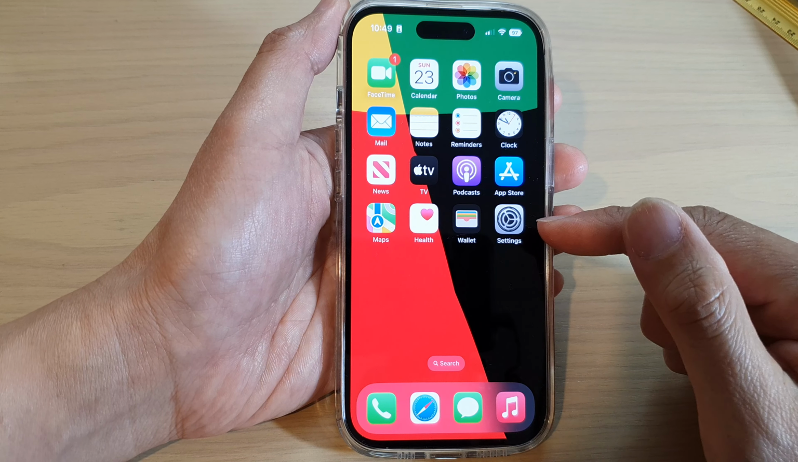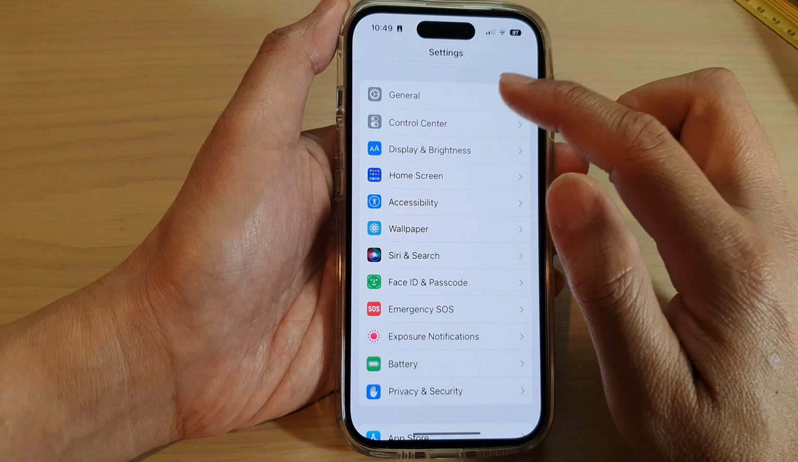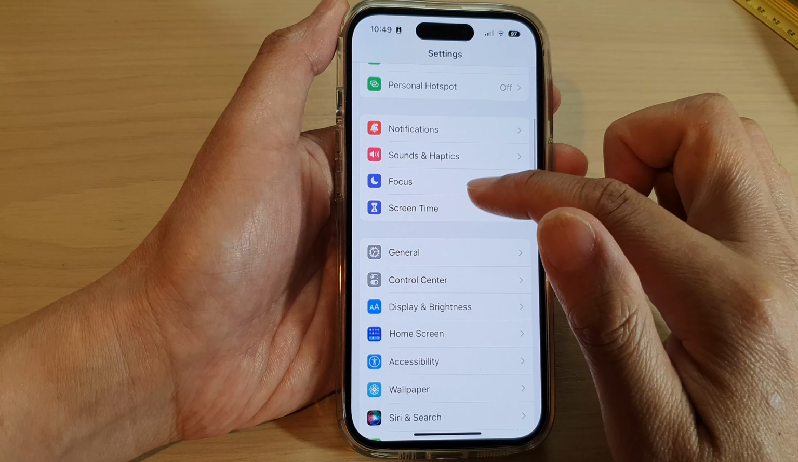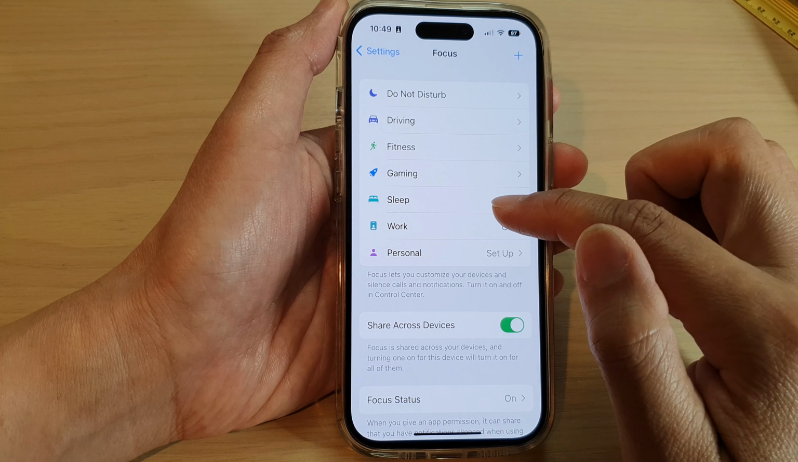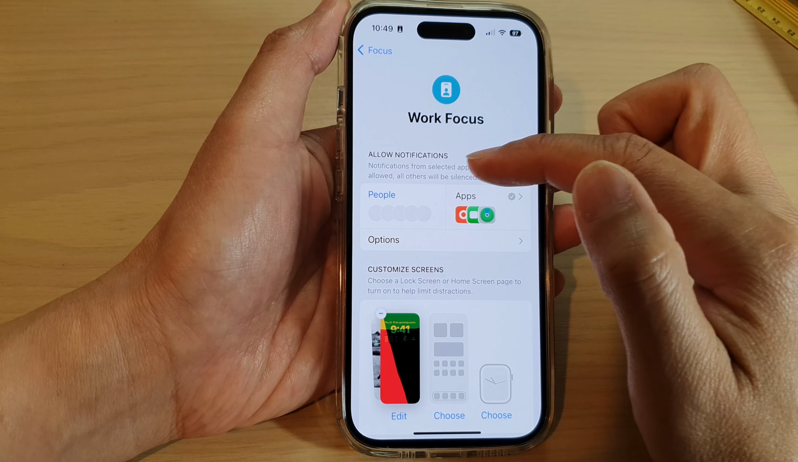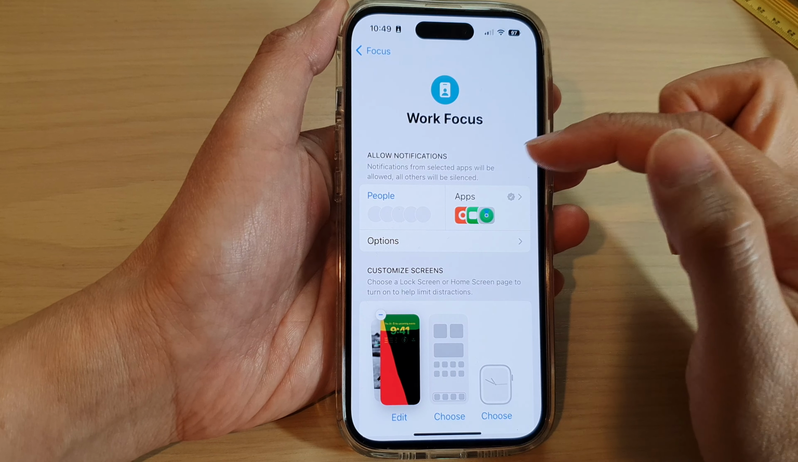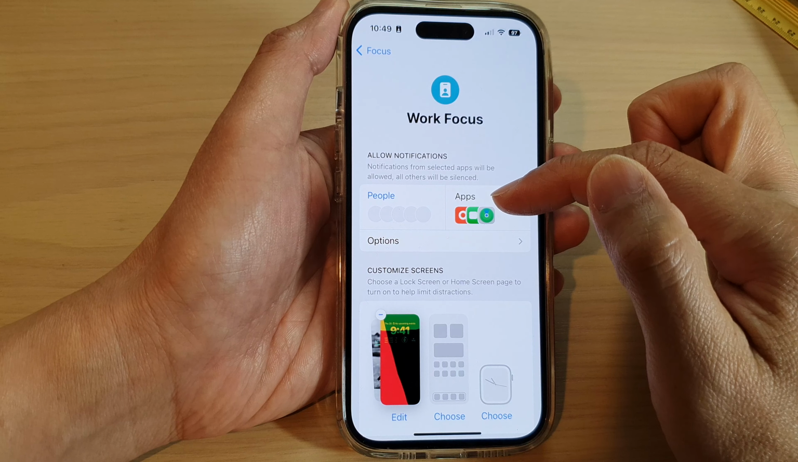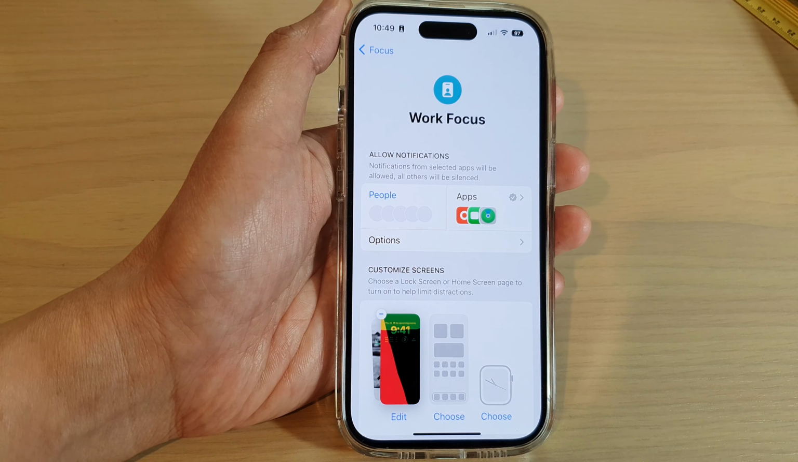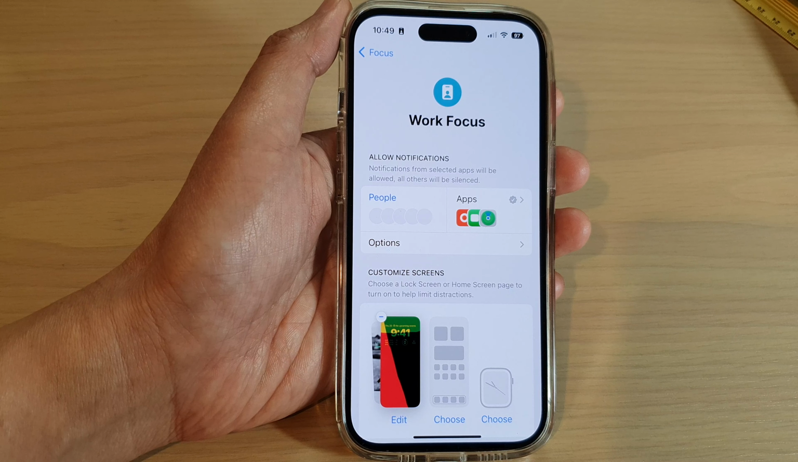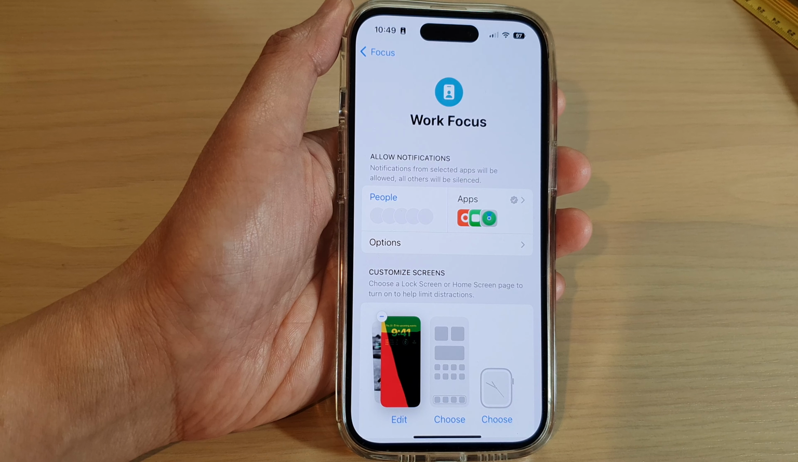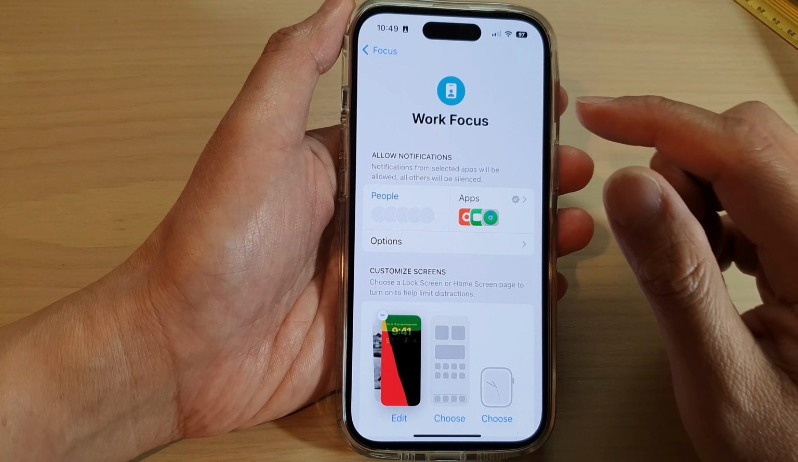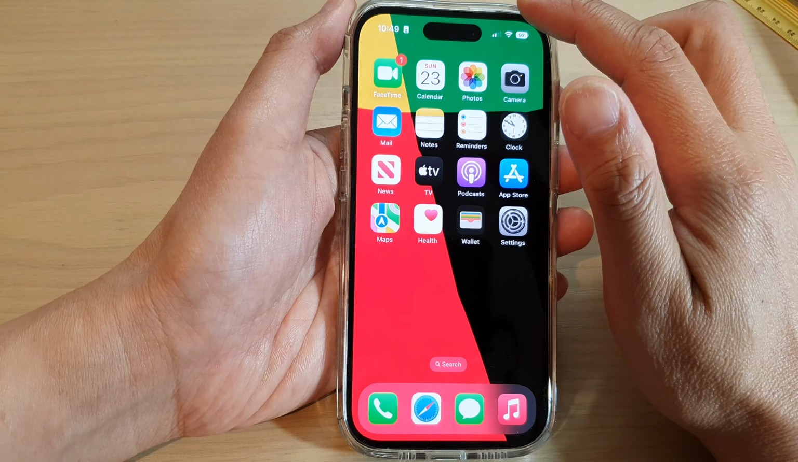So if I go into settings and then go into focus, so in here if I tap on focus and tap on work focus, I can select who can contact me during work hour, which apps I can use during work hours, so that during work I do not have a lot of disruption from unwanted phone calls or from using apps that I'm not supposed to use during work hour. So if I turn on